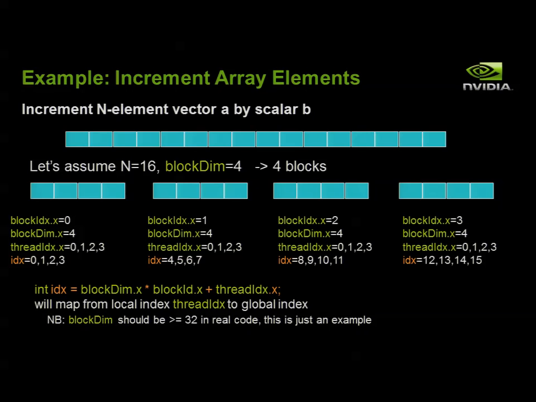it into blocks of 4 threads each. And it just shows you what the different predefined parameters are in each one of these blocks. Right, and to come back to the question before about whether it should be thread dim, as you can see here, the block dim for each one of those will be